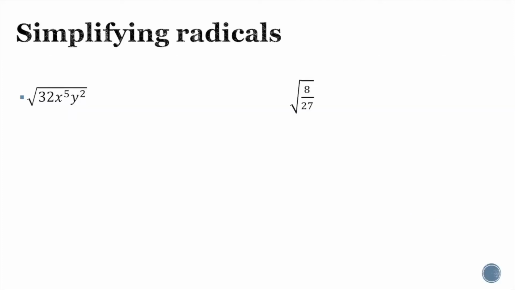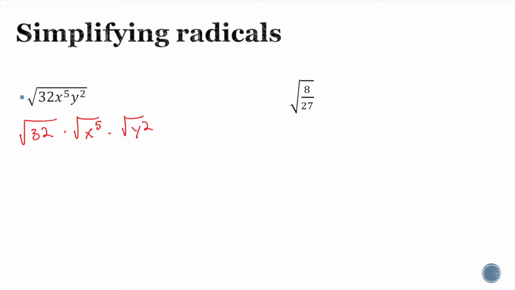Hey guys, today we're going to further our understanding of simplifying radicals, particularly adding, subtracting and multiplying. But before we get there, let's review a little bit. Here I have the square root of 32 times x to the fifth times y squared. Now, using the properties that we have already learned with the product of radicals, I can break this up as